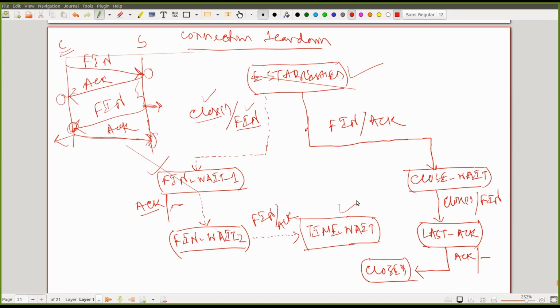So now the question is, when is the client entering into the CLOSED state? That is very important to understand. This is a very important concept. There is no message exchange going to happen at this point of time. But in this TIME_WAIT state, the client will remain for 2 MSL time period. Very important concept. That means there is a timer involved with the TIME_WAIT state, of 2 MSL, and when the timeout occurs,